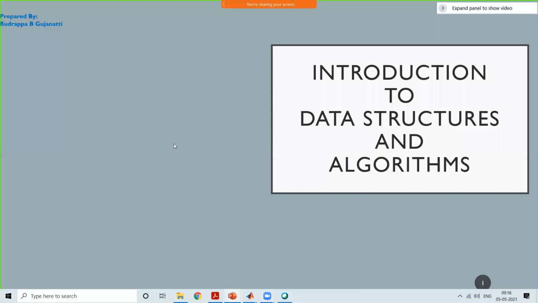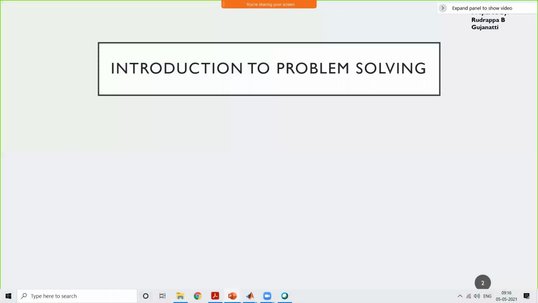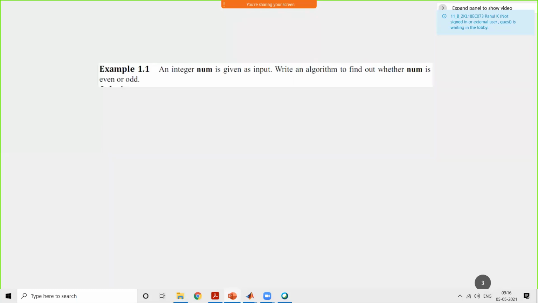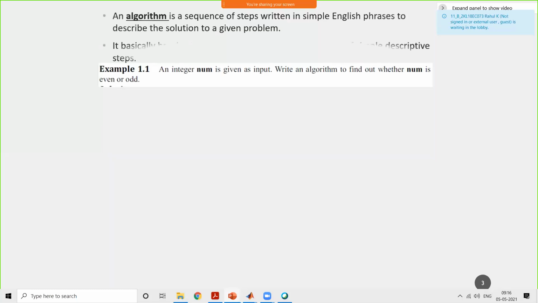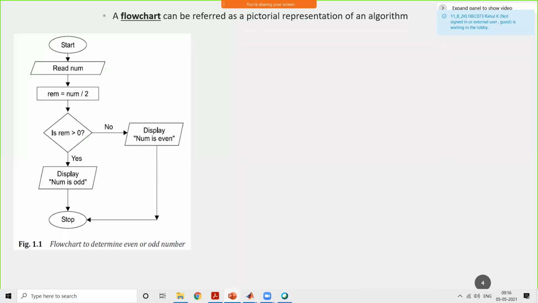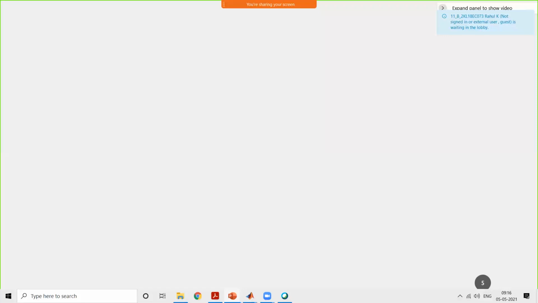So, in the previous session, we started off with the basic recap. We are still in the recap of C programming, in which we had dealt with an introduction to problem solving. What is meant by a problem? What are the different ways we can solve a problem? That is, by algorithm, flowchart, and pseudocode. And we had discussed examples related to that. These are all things we had discussed in the previous sessions.